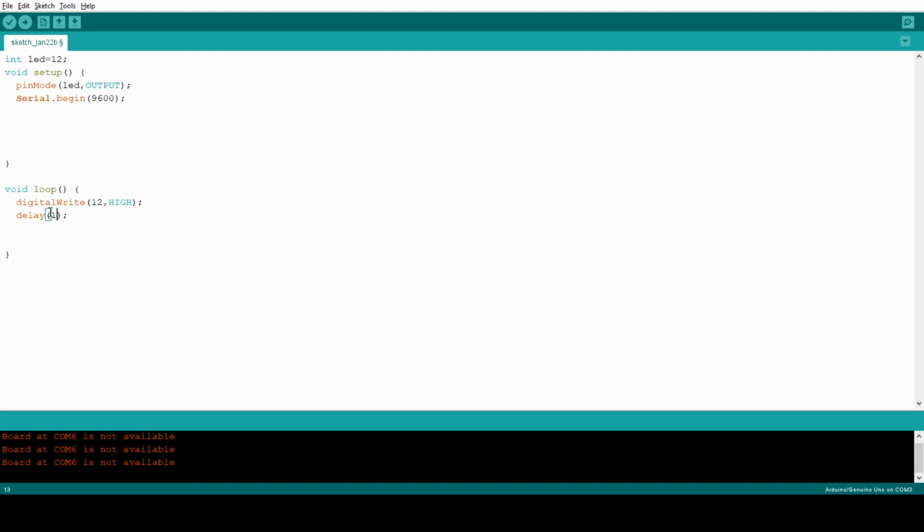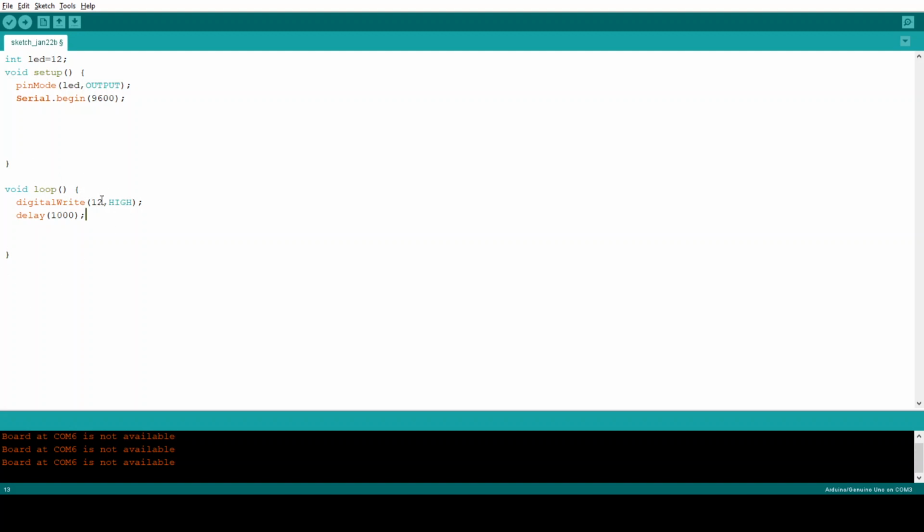So delay of 1000 means 1 second, sorry, not 1 millisecond. In the delay line, all letters are small. So delay of 1000 means the LED stays in that state for 1 second. Here I am writing the LED as LOW, then putting the delay command. So the LED is 1 second off, then 1 second on, then 1 second off.